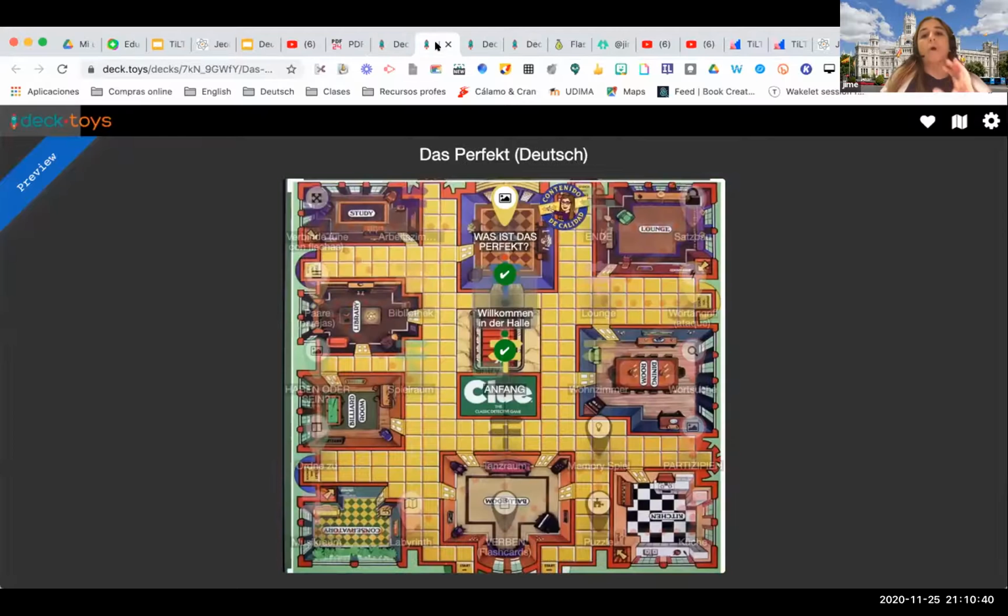And this was my most successful activity during lockdown. I gave kids this game, which is a clue game that I prepared in Deck Toys, and they unlocked activities while doing the assignment that opens here, and it's really